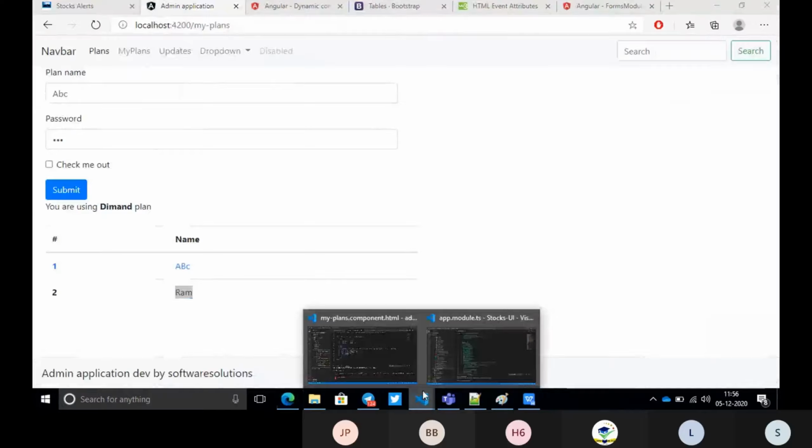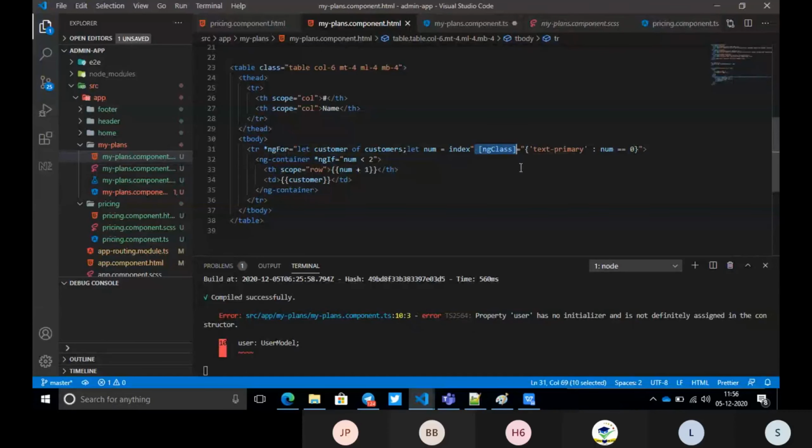But the idea is you can use the ng class. Okay, ng class you can use like this, and there are flower brackets where you can keep it. After the colon, that is nothing but your condition. Like what is the condition you are going to use? It should always be true. Okay, always true. If I want a blue color for the second row, what I can do is just put a comma here and type other things.